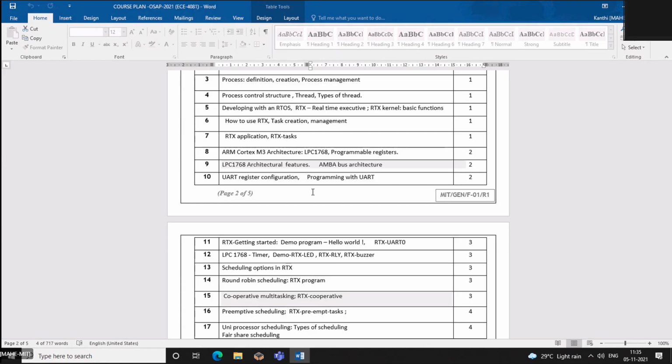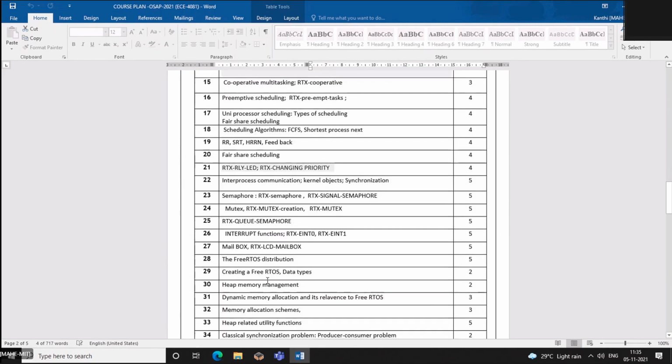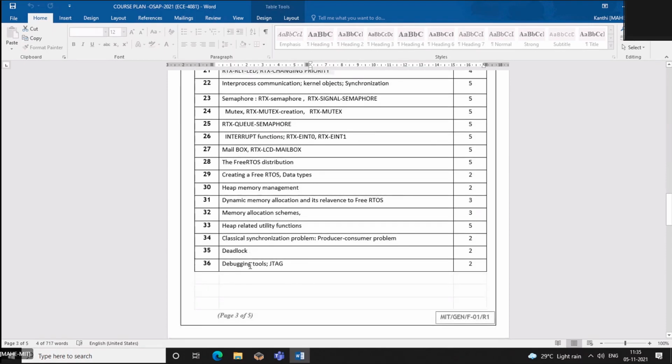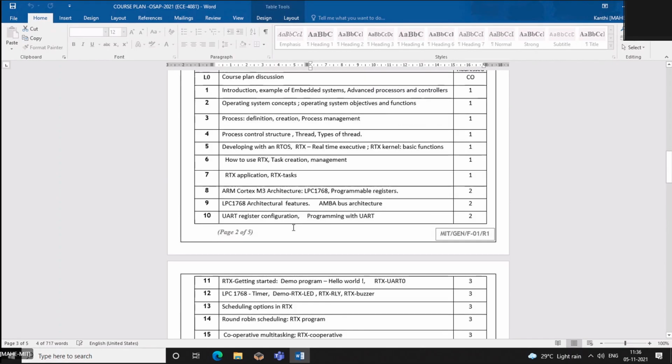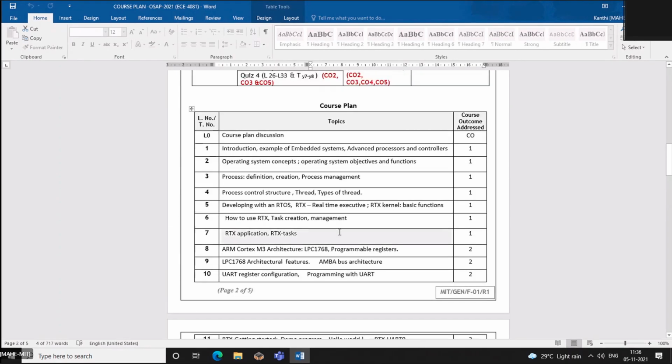Ma'am, before we did scheduling, at one point we were talking about debugging and JTAG, right? Will that also be included? Yes, it is there. I think I put the JTAG at the last. I've done it and I've uploaded the PPT, I guess.